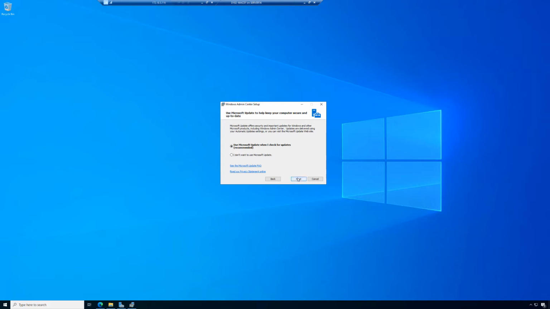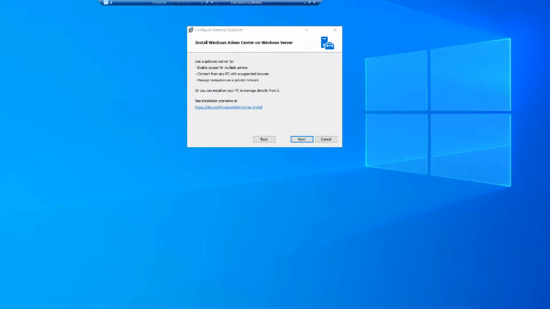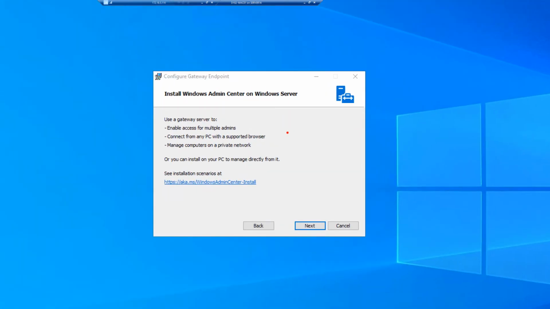Then I want to use Microsoft Update to check for updates for this specific software, the Windows Admin Center. In the next step, I can see that there are different deployment options available for Windows Admin Center. Windows Admin Center can be installed on a client computer, Windows 10 or Windows 11. I'm installing Windows Admin Center on a Windows Server operating system, and the setup recognizes that I'm working on a server and that I will install it as a gateway server